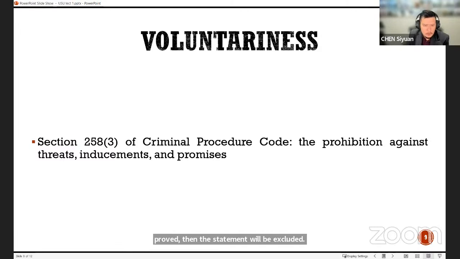Inducements and promises are somewhat similar, right? You're basically trying to make the person confess to a crime. So for example, you say, okay, if you confess to this crime, we give you something in return. Let's say maybe there are multiple accused persons. What's the police's strategy? Divide and conquer, right? They try to make the accused persons testify against each other. And in so doing, they have to promise them something. So if you agree to incriminate the other accused, we'll give you a lighter charge. Okay, so under our CPC, you can't do that.